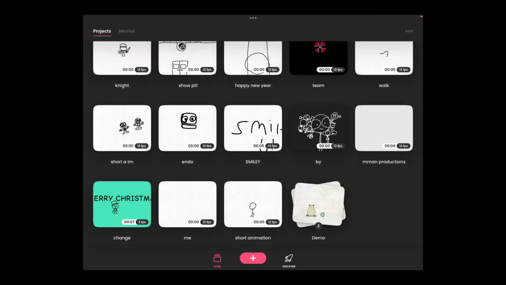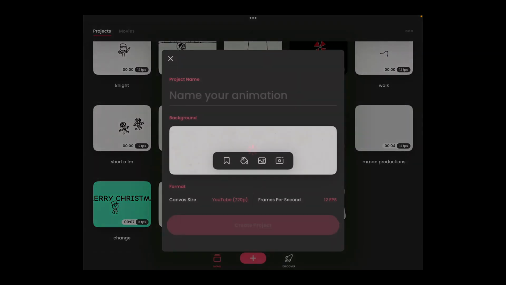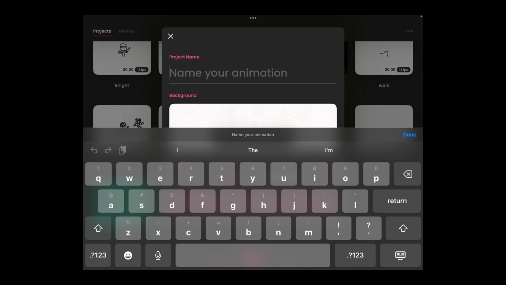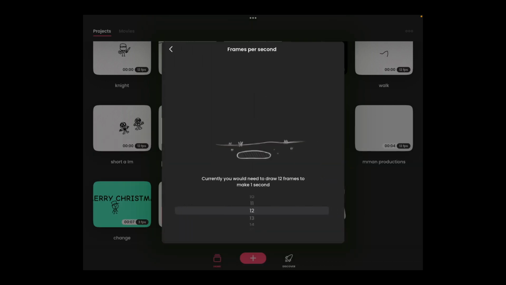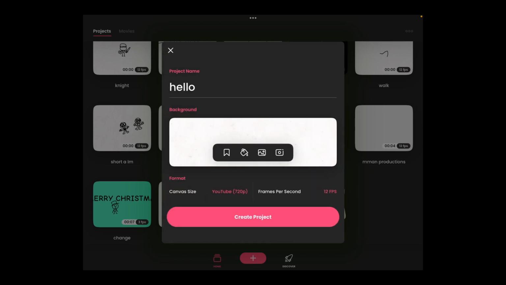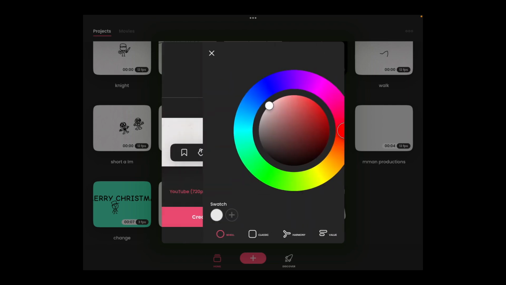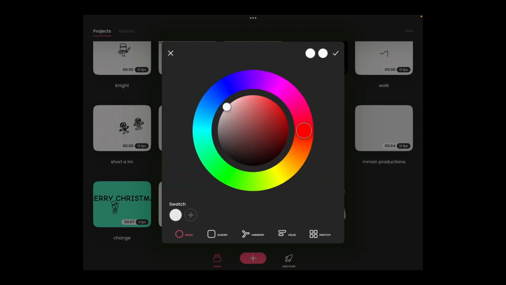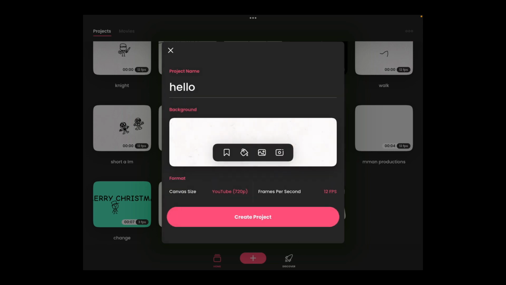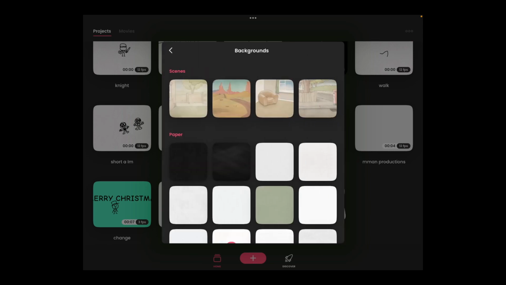So to start out an animation, you're gonna press the plus button right there. Then you're gonna name it whatever you want. Like, I'm gonna name mine Hello. You pick your frames per second. I usually choose 12, 10, 9. I use 12 most of the time though. Then you can choose a color background if you want. I don't usually. Or you could pick one of these,